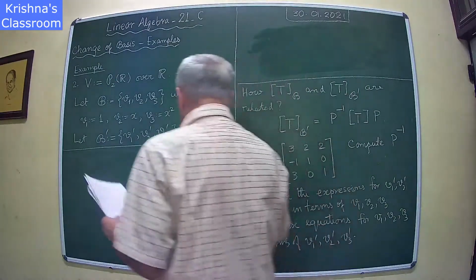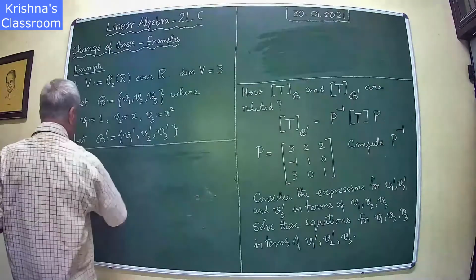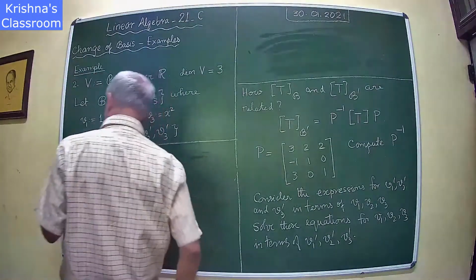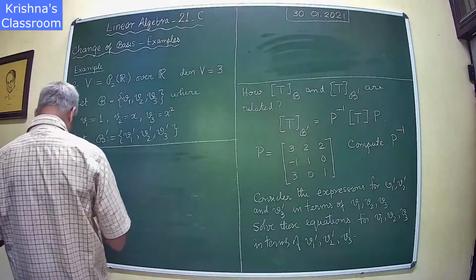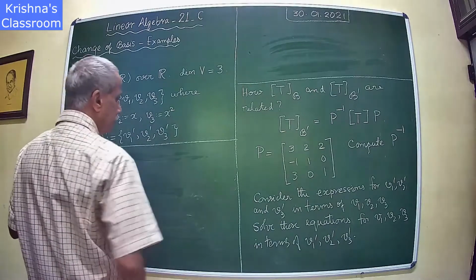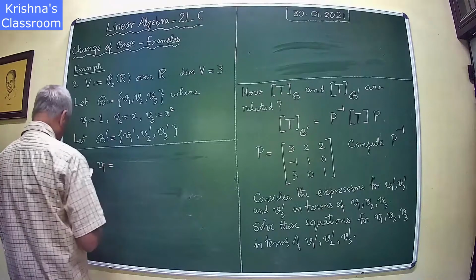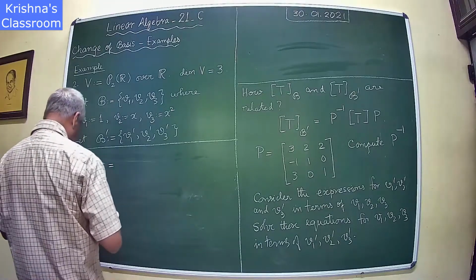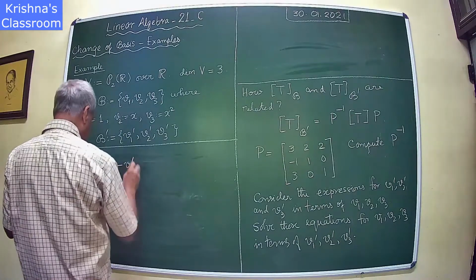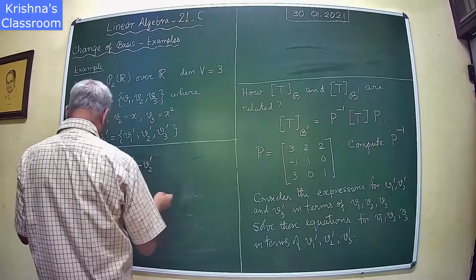This gives the formula computation. v1 equal to minus v1 prime minus v2 prime plus